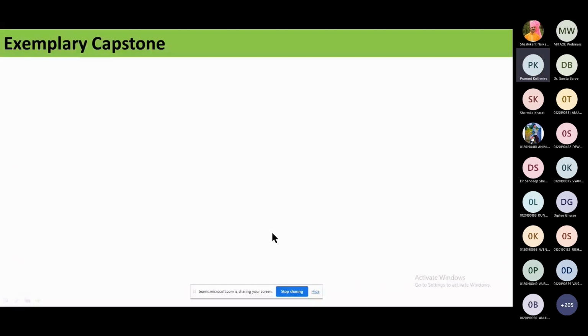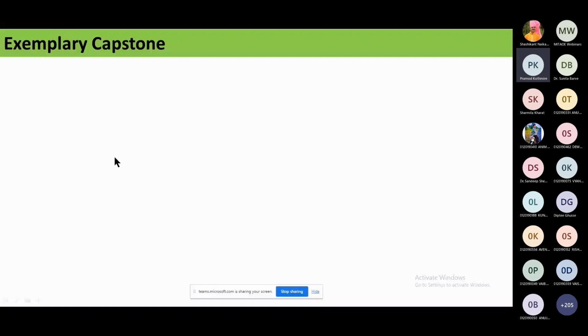We have kept one scope, because many times during our first year, second year, third year, we participate in many events, maybe technical or non-technical, and we win good prizes, but nowhere is there a scope to highlight those events in terms of marks or credit. So here we have kept a scope in capstone that a student can skip review 2,